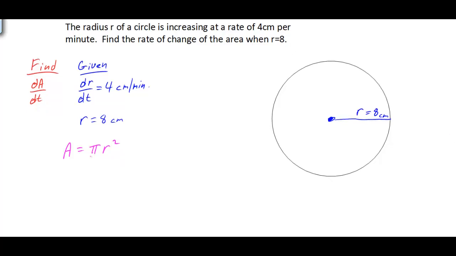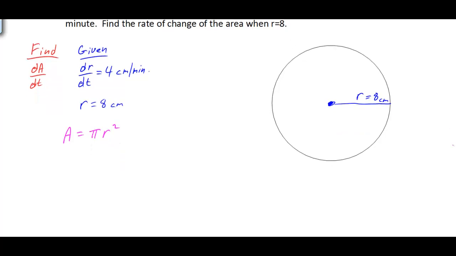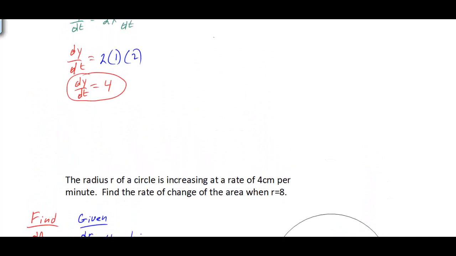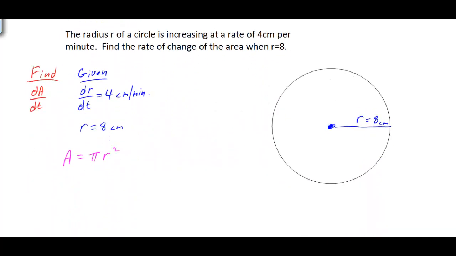So there's our formula. And now we need to take the derivative of both sides, with respect to t. So here the derivative of A would be dA/dt. And if we take the derivative of the other side, pi r squared, keep in mind pi is not a variable, pi is just a constant. So we would end up with